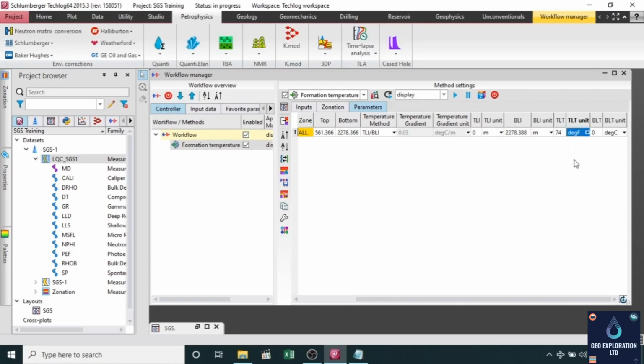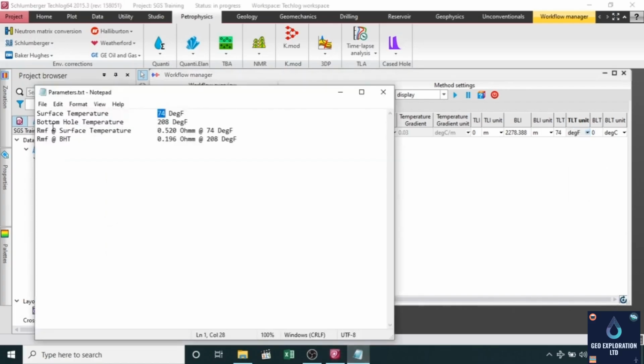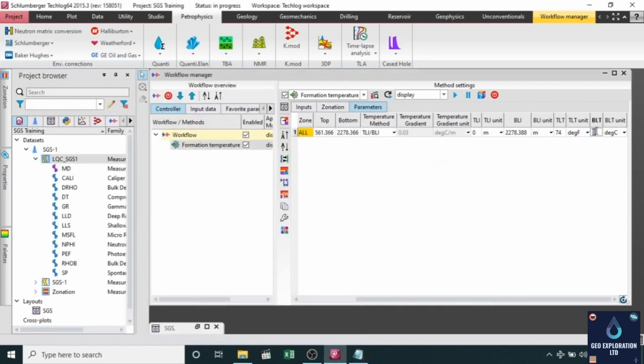Okay, the next is bottom logging temperature. So our bottom logging temperature is 208, and again it is degree Fahrenheit. So now I have to